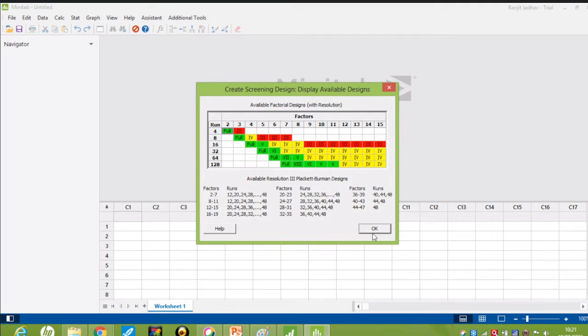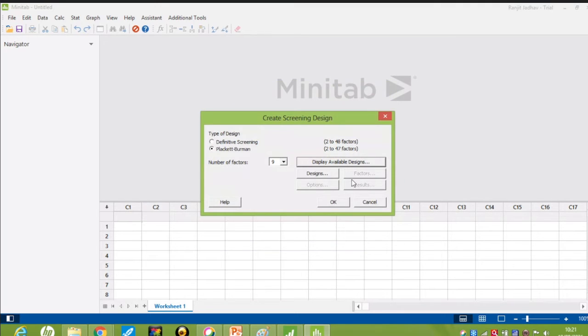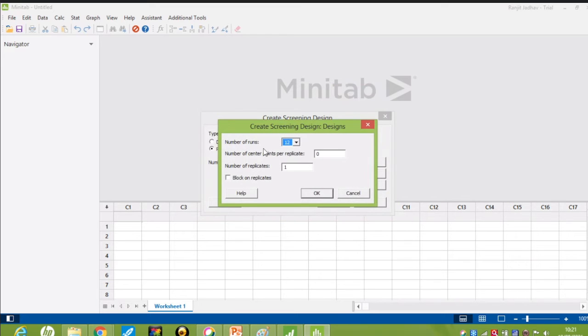Now in Plackett-Burman, we have the option to reduce the runs. So we can go down to 12 runs, which is the minimum we can go, and we have 3 center points.